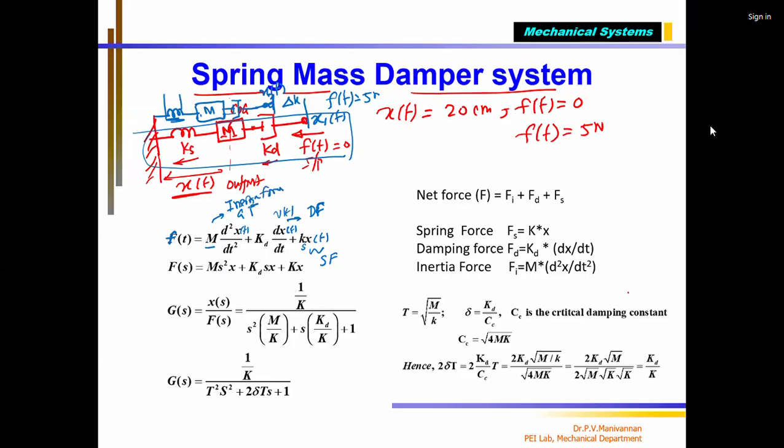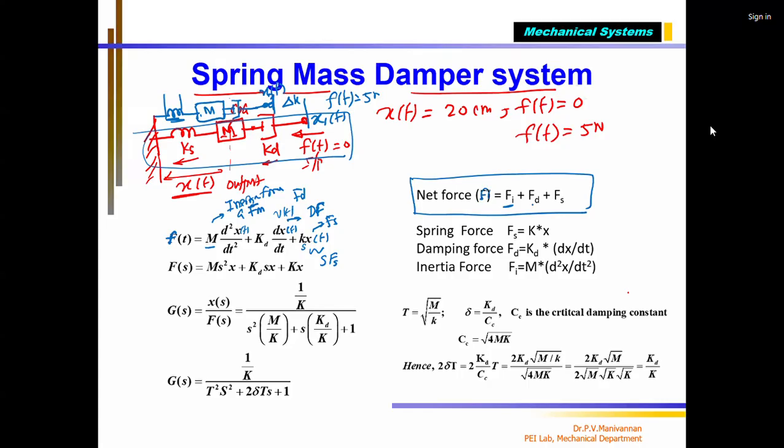I think previously we wrote fm. This we called fd, and this is called fs, the spring force. Please see here. The net force is nothing but the input force, correct? Equal to fi, that is for inertial force, plus